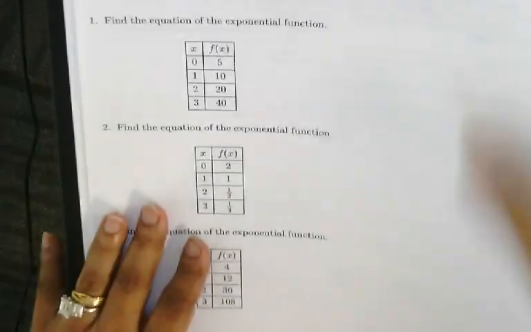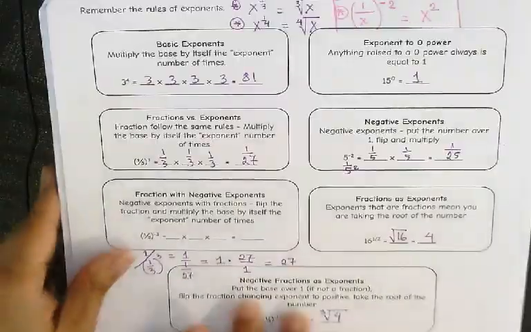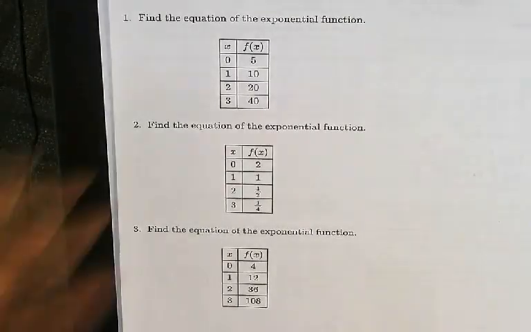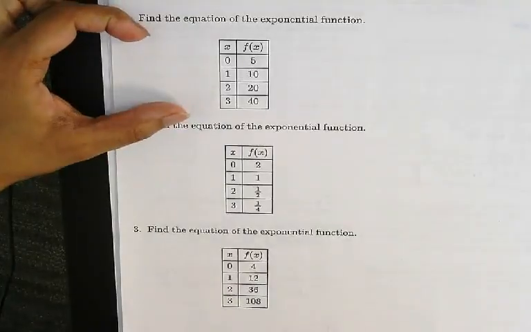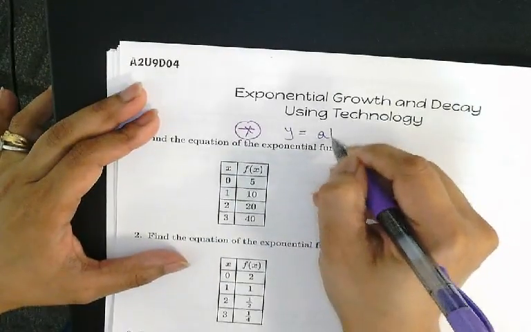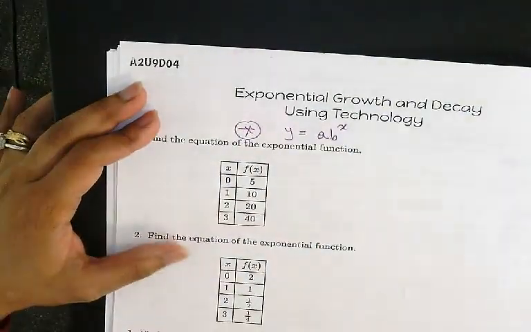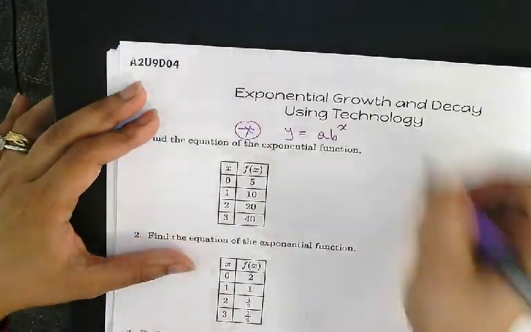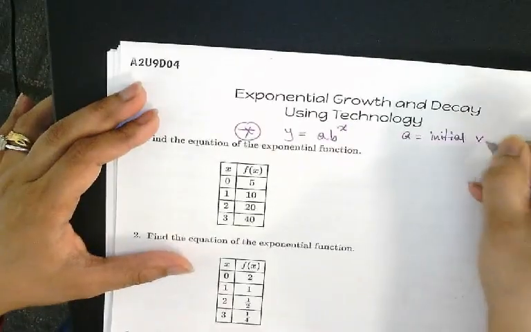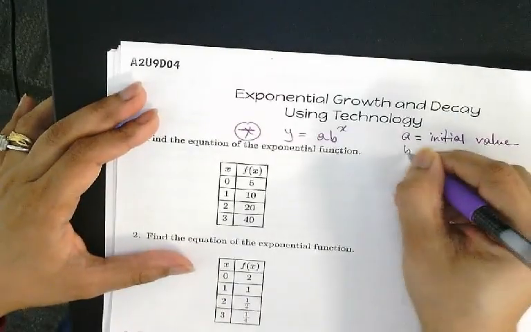Go back one page. So exponential growth and decay function using the technology, you really don't need any technology to do it. You're trying to find the equation of this one. The equation is going to be y is equal to a b to the power x, where a is going to be the initial value, b is going to be the ratio,